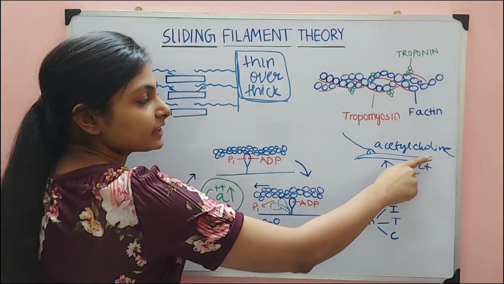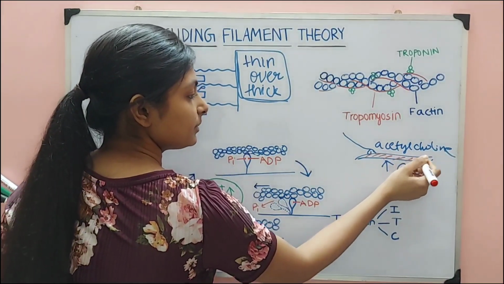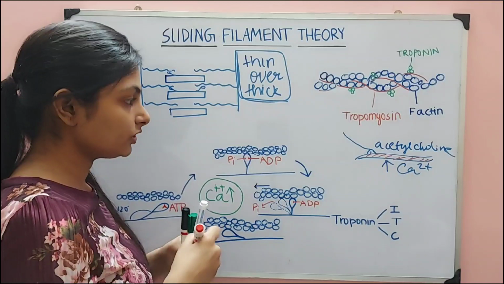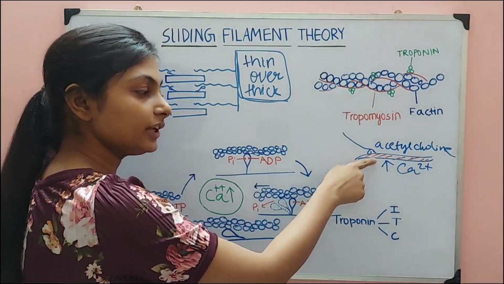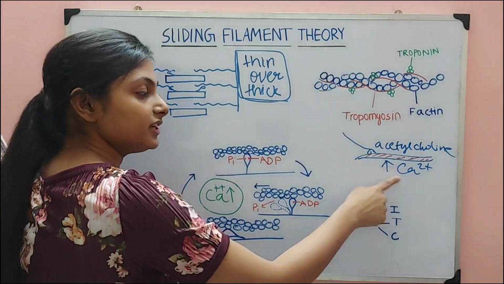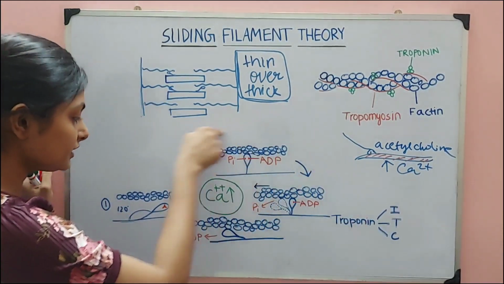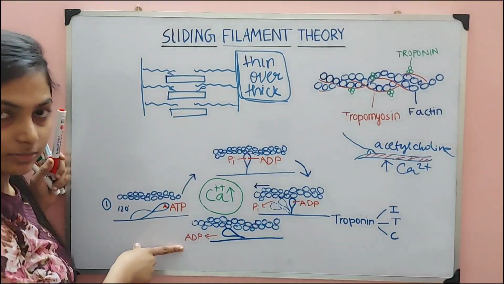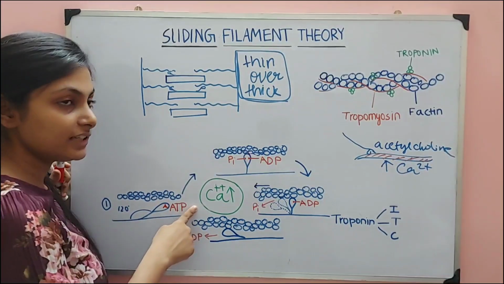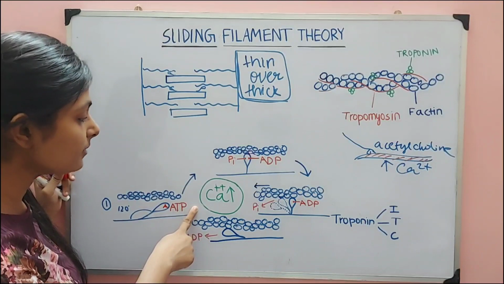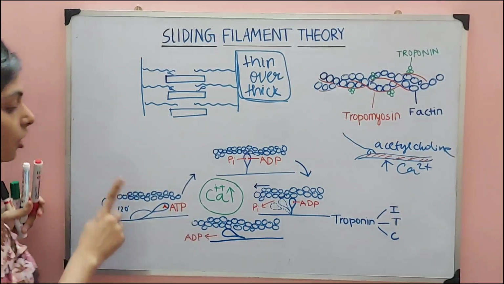Yeah, before we start, this is the muscle fiber, this red thing. This has the nerve innervation over here. When there is a signal from CNS, this nerve will release acetylcholine in the fiber, and that increases the Ca2+ in the sarcolemma. And whenever Ca2+ increases, that is when this entire process will take place, which I'll explain you now. So this entire thing can take place only when there is increased Ca2+ concentration in the sarcolemma. That is the cytoplasm of the muscle fiber. We'll start.